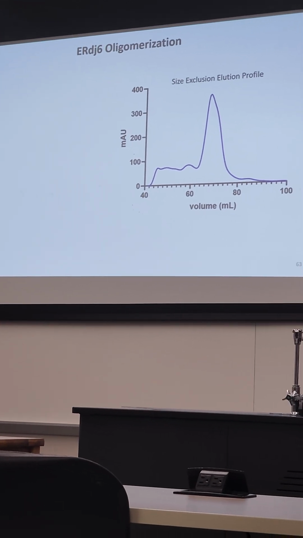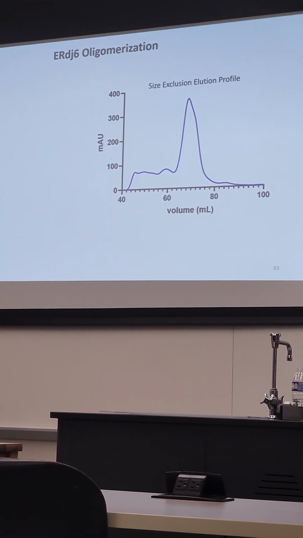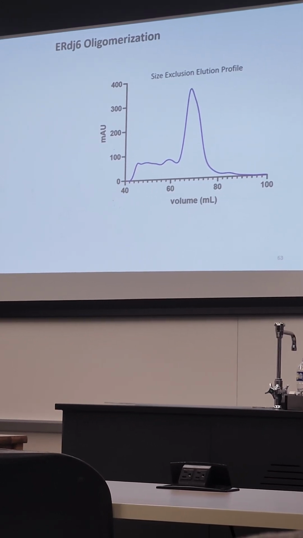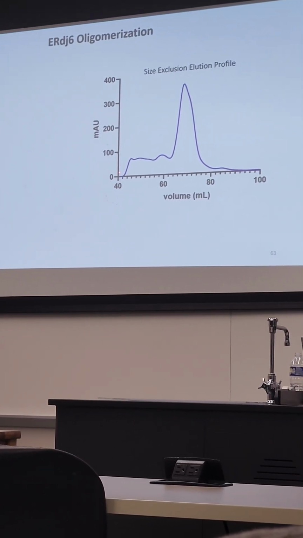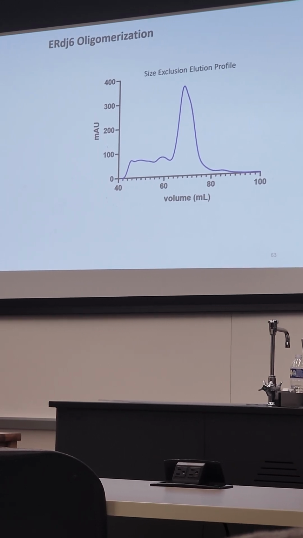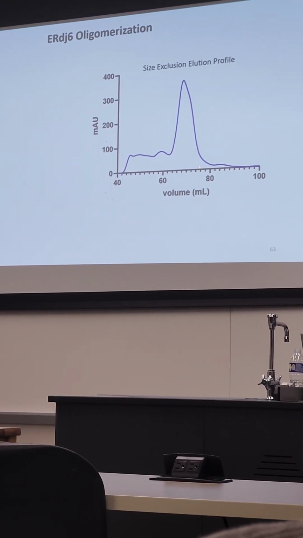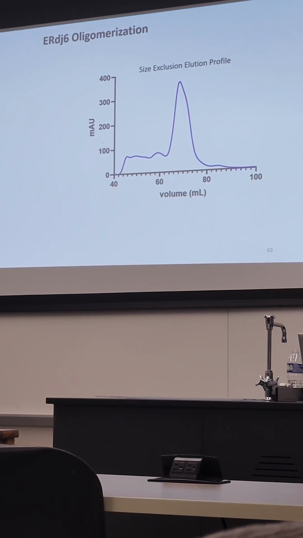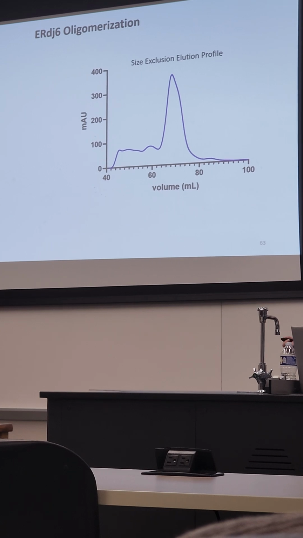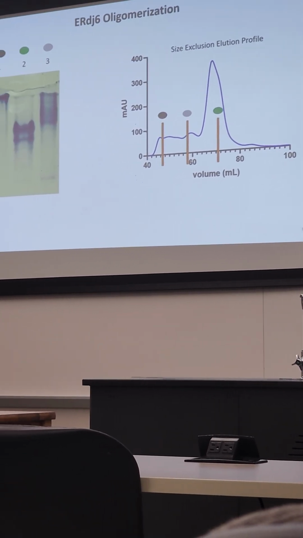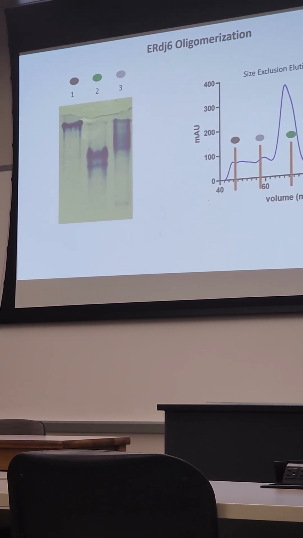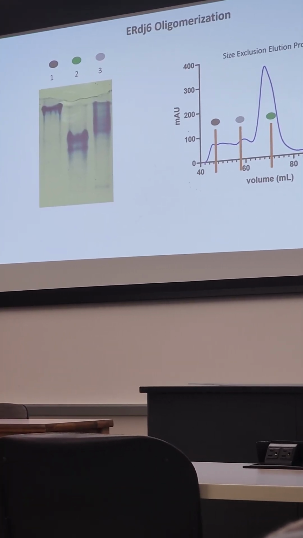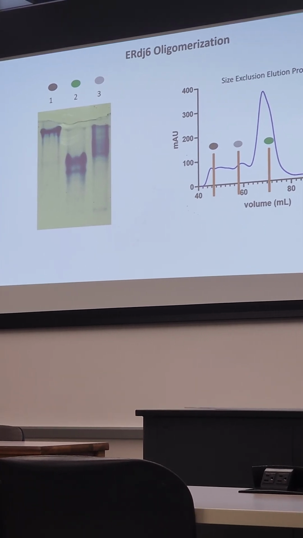We also made an interesting observation looking at the ERdj6 size exclusion elution profile. We first have what I've referred to as a lagging peak, or a large volume of larger species eluting before our expected ERdj6. This pattern is similar to those seen with proteins that form higher order oligomers, so we questioned whether that was happening with ERdj6. In fact, a preliminary native PAGE analysis shows that we are forming oligomers, but to what extent we're not sure yet. That is in the books.